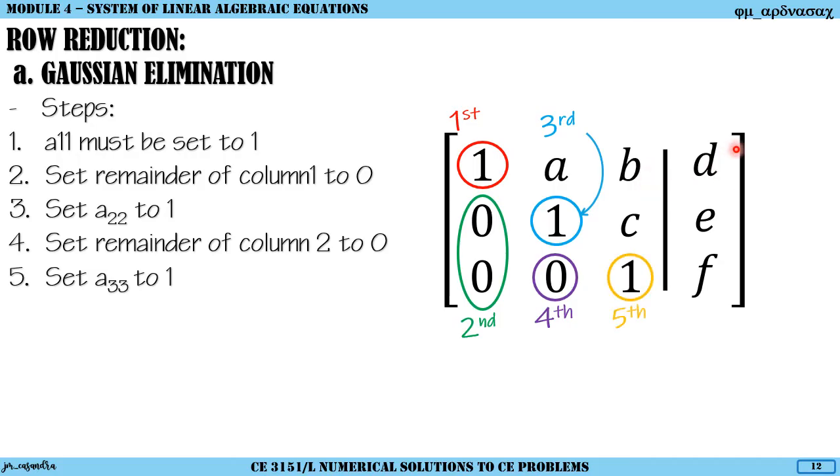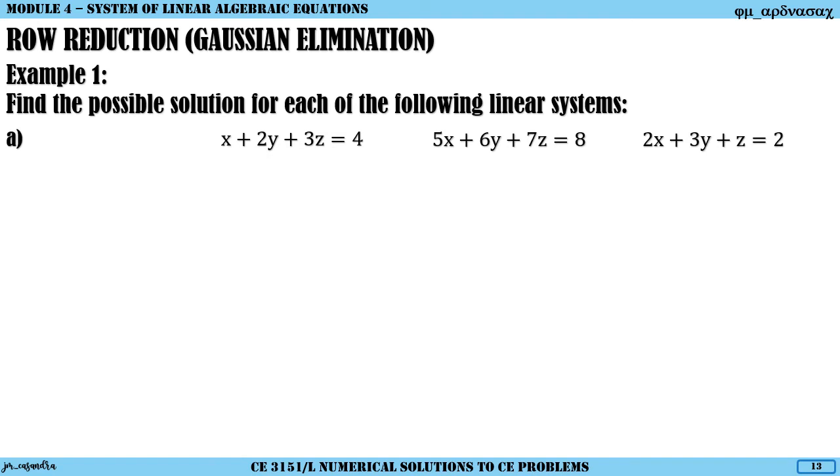So if we will have other rows in our matrix, then it would follow that all of the diagonals should be equal to 1, and those elements below your diagonal should be equal to 0. So to understand Gaussian elimination, let us have an example. Given the following linear equations, find the possible solution for each